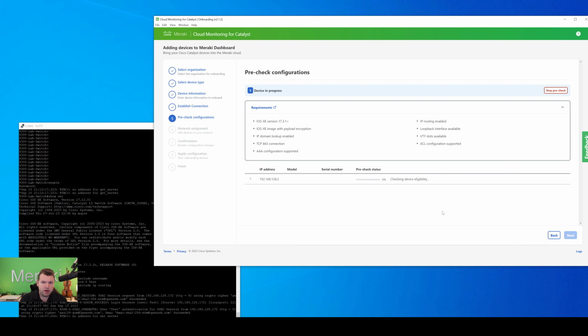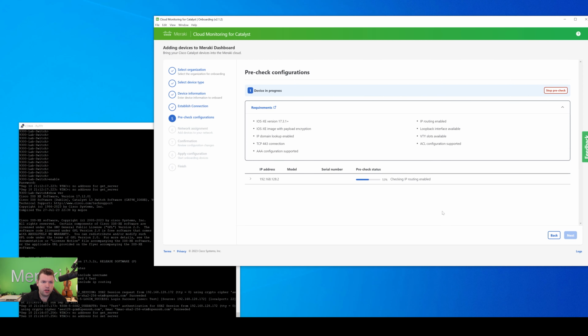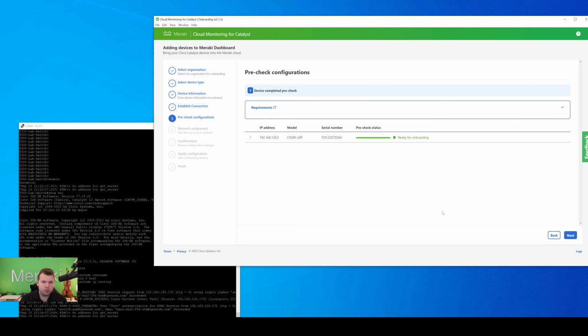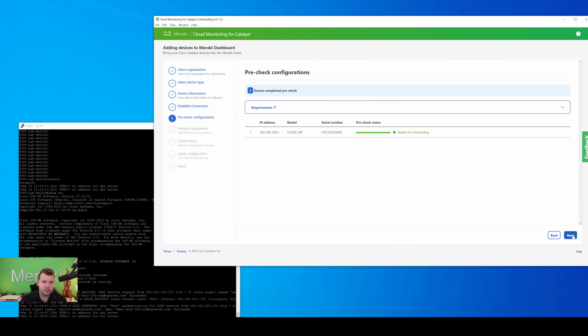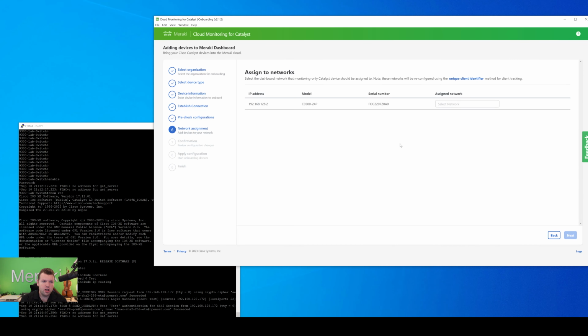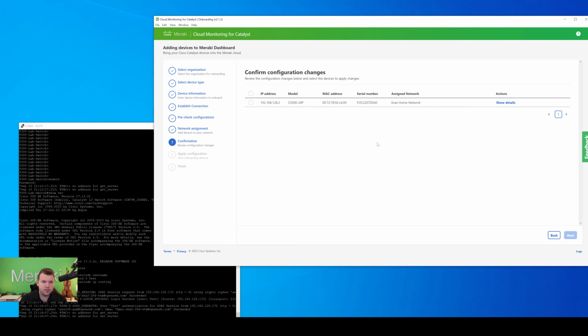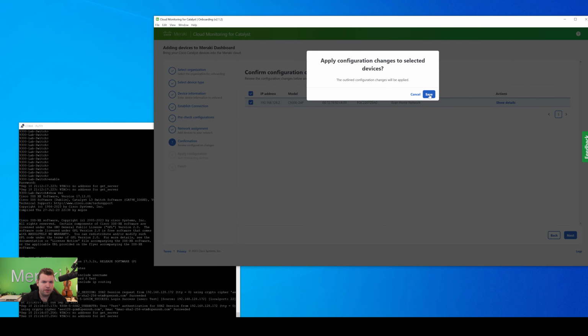And so from here, this is going to essentially check that our switch has all the configuration necessary to monitor on the dashboard. Once that is complete, we could also assign that switch to a network. So we're going to go to the home network and then press next. We're going to add this switch, press next, apply our configuration,